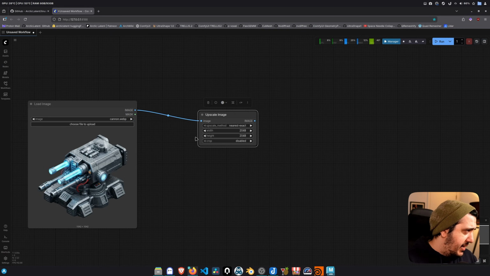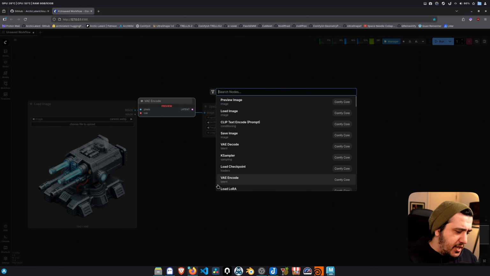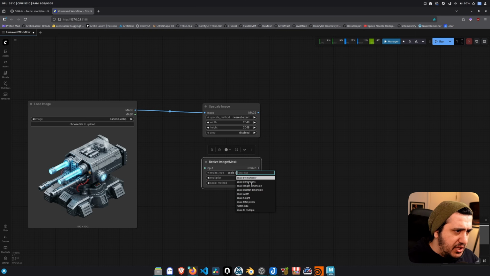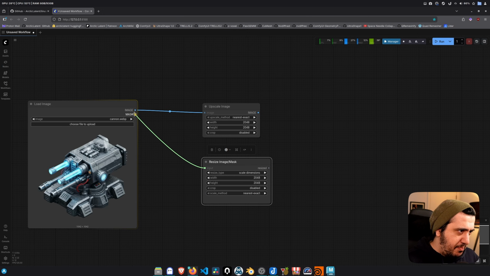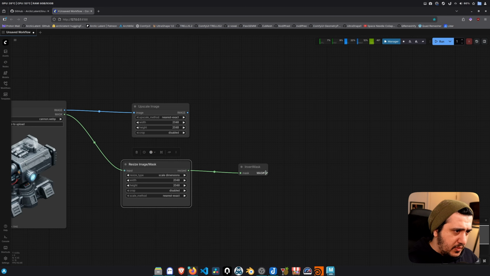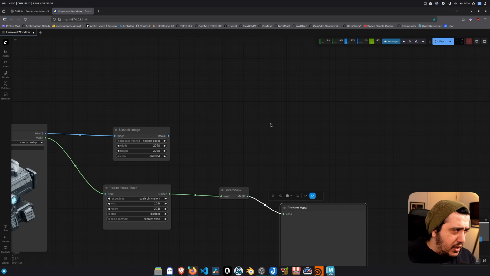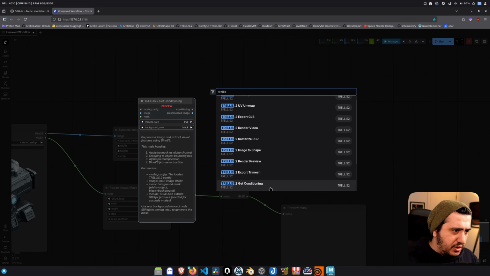Okay, it's going to be nearest exact upscale method. It's fine. And I also need my mask. We need a mask for this workflow to work. So I am going to use something called scale mask, or what was it? Resize mask. Yes, this one, resize image mask. And I want to give a scale dimension of the same dimension. I don't want to crop, and the scale method is going to be the same. This is going to be my mask. I want to invert this mask, and I want to preview this mask because I want to be sure it is working. Okay, now we are going to bring our first Trellis node, which is Trellis to get conditioning,